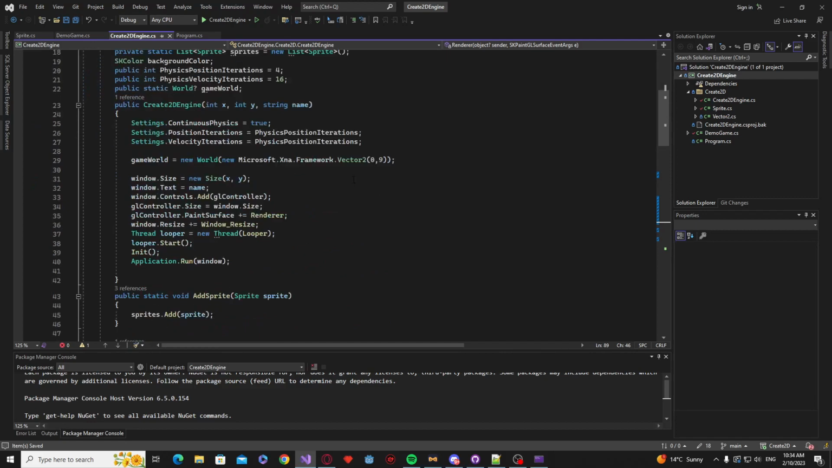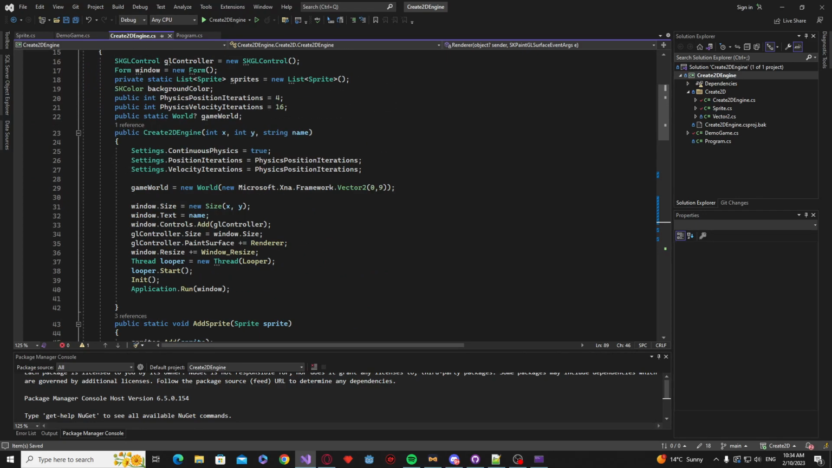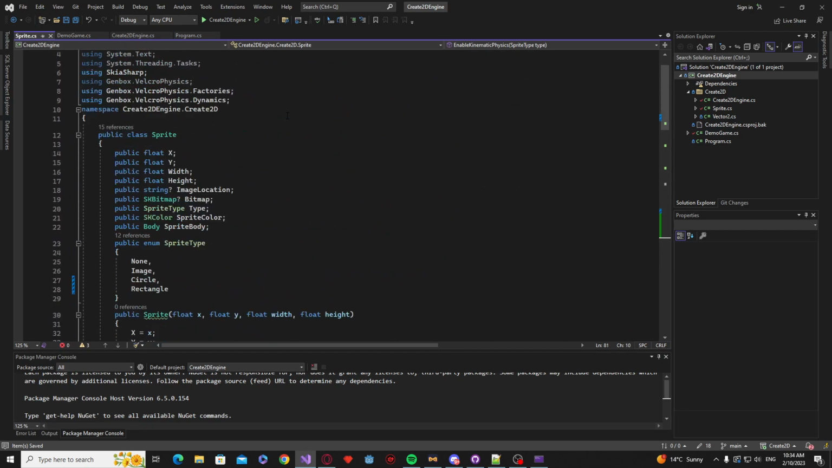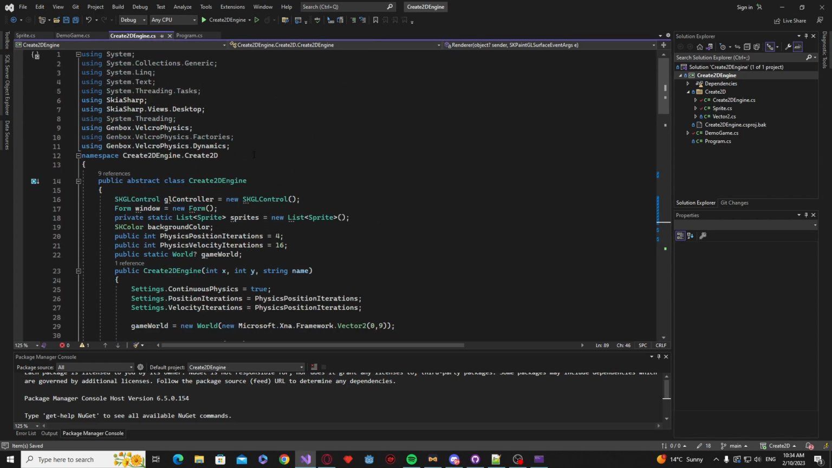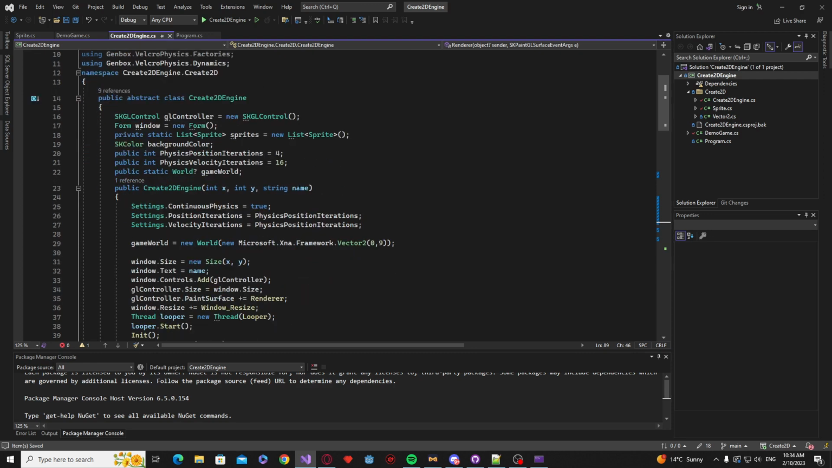So I think the last thing I kind of want to do for the engine here is add some sort of scene ID to our sprites, which will allow us the option to sort of create different scenes. And it's something super easy to implement. So all we're going to do in the Create 2D engine is